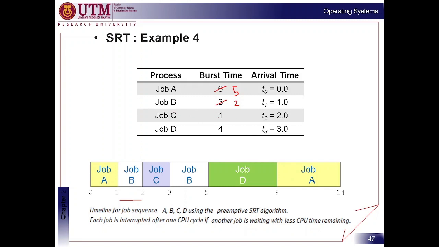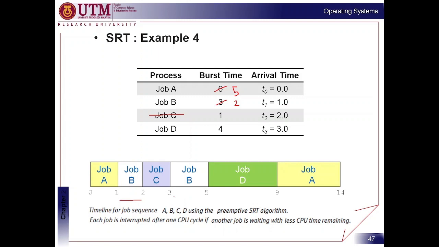We are just going to execute it until it finishes. So job C is executed until it finishes, which is 1 unit of time. So right now job C is already finished,